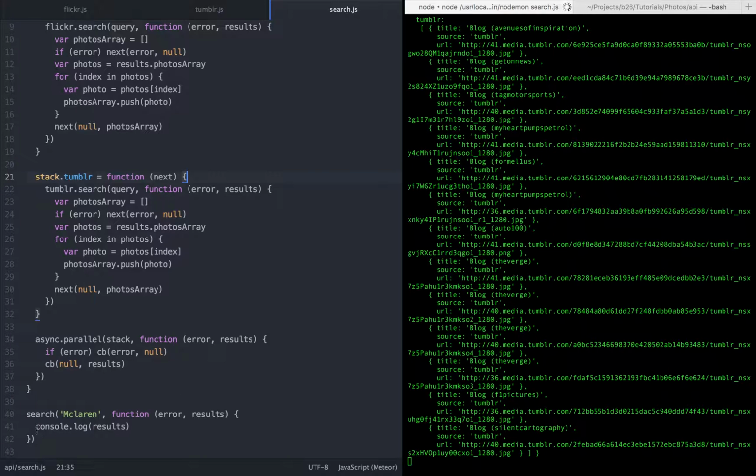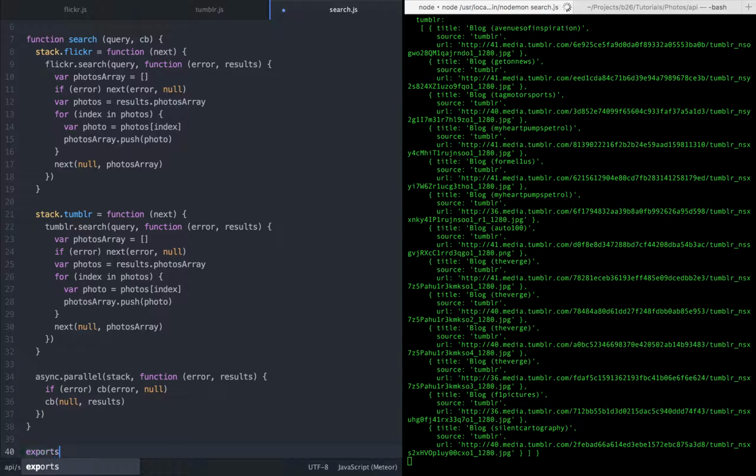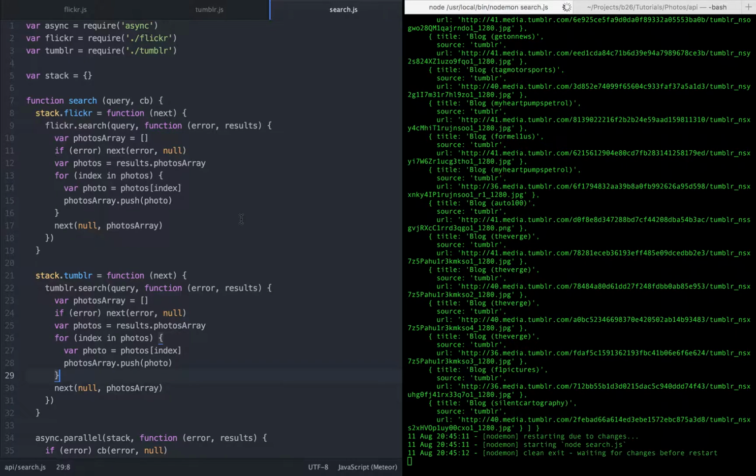Okay, so let's just export this. Okay, so we have enough now. So the next step, what we'll need to do is we need to configure our Hapi server to call this